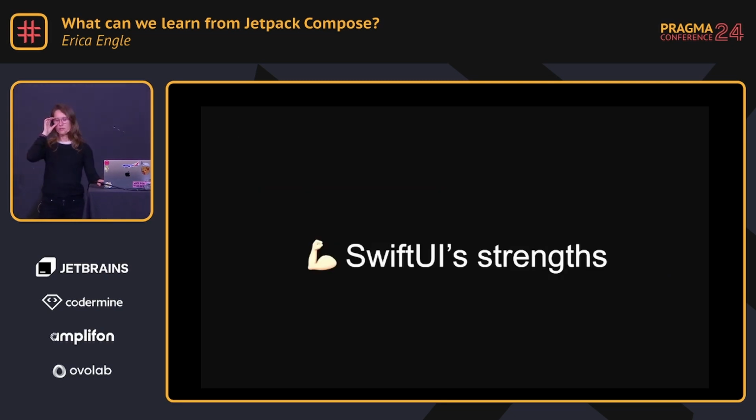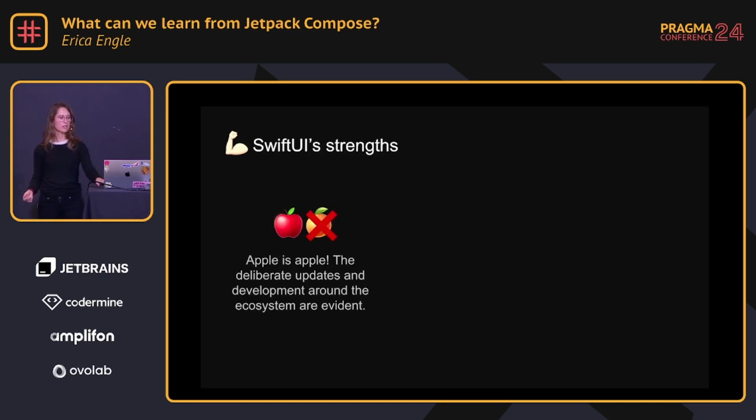All right, we've gone into the similarities and differences, but I really want to lean into the strengths that SwiftUI has. Apple is pretty Apple, and it's pretty neat to see all of the consistency and the attention that Apple puts into not just the products that it has, but also the products it delivers to developers. So the ecosystem that we have and being able to develop within that ecosystem is very neat. It feels very strong. The culture is very intuitive, and I feel like you know what you're going to get when you work with an Apple product, and it feels very evident.